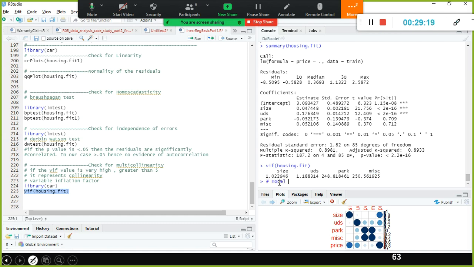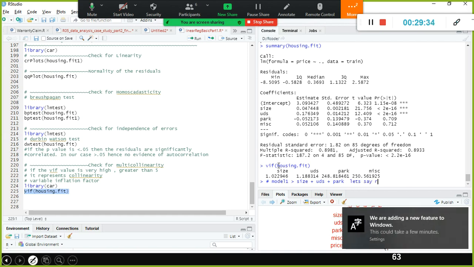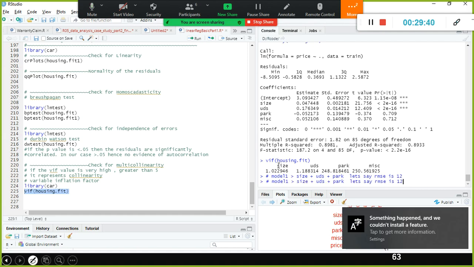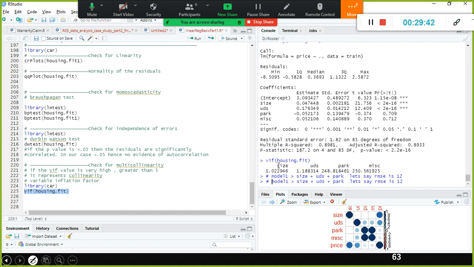Please concentrate. You create a model, it's model 1, include all, size plus UDS plus Park. Let's say the RMSE for this model is 12, okay? And next, I am creating another model.